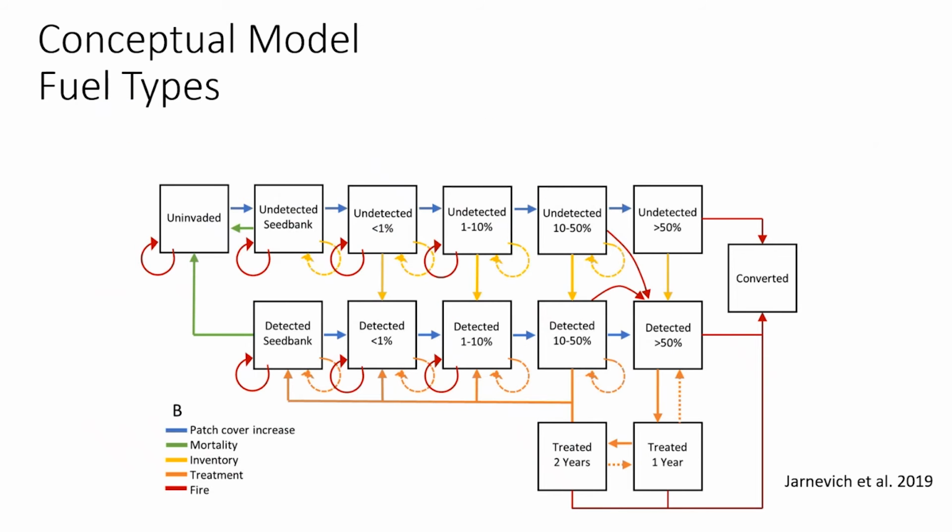This is the conceptual state and transition pathway diagram for modeling buffalo grass. I'm not going to get into a lot of the details, but there are two reasons I want to show it. One of them, we account for a couple of things. Going from left to right, the amount of buffalo grass is increasing. Interestingly, at the top, the buffalo grass is undetected. You can't do anything about buffalo grass until you actually know it's there. You actually have to integrate inventory transitions. So these models include inventory as an activity that happens, and whether you're successful at finding the buffalo grass when it's there or not. And then underneath, it's detected. Otherwise, they're